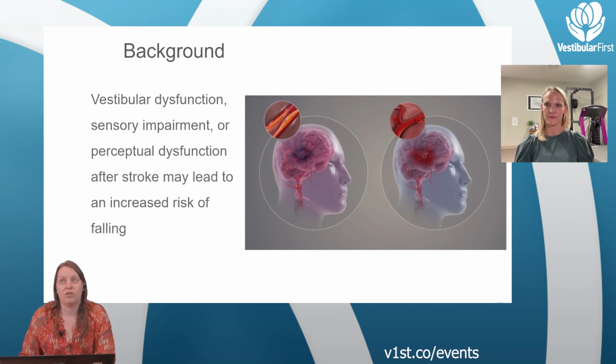And so there is really a huge array of presentation with stroke because it all depends on how bad, quote unquote, how bad the clot or the bleed was, how many areas were affected. Was it one side or both sides of the brain sometimes? Is it kind of the back part of the brain called the cerebellum? Lots of different considerations there. And, causes of these clots and bleeds, again, can be many and varied. Everything from